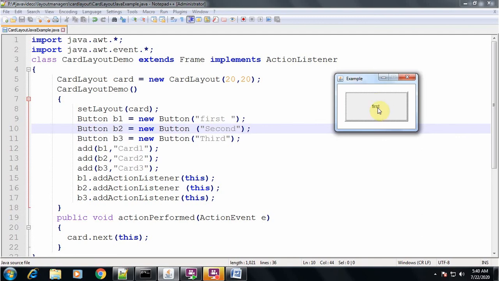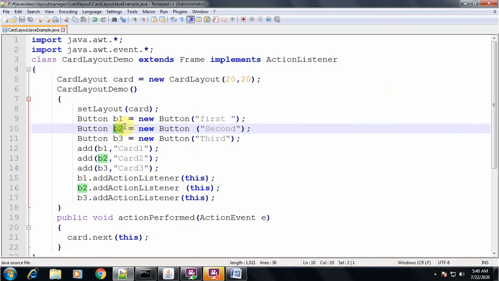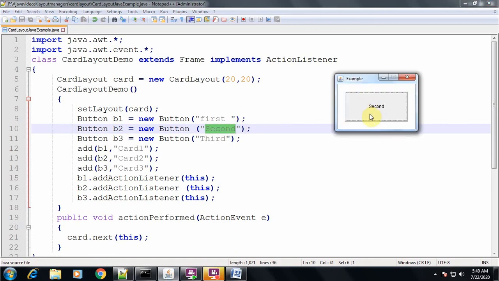Now when I click on this button, see here, another card which has a button B2. The label displayed on this button is Second. So when I click on this one, this particular button is displayed. Now again when I click on this, the third button is displayed.